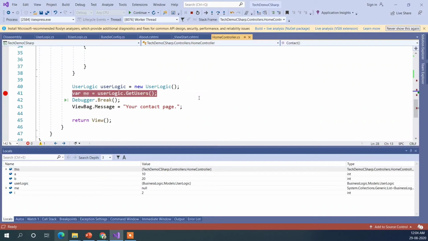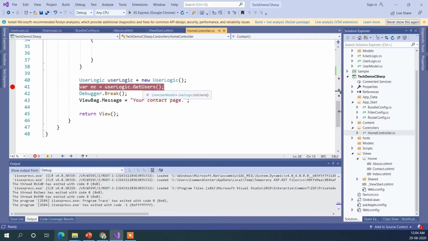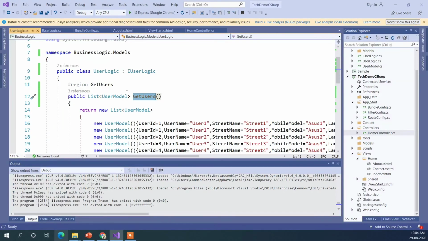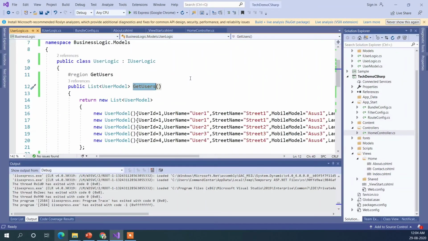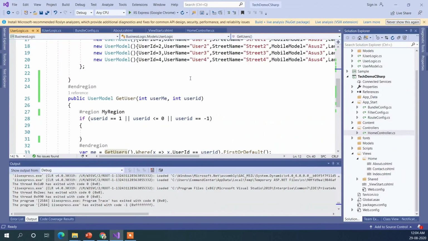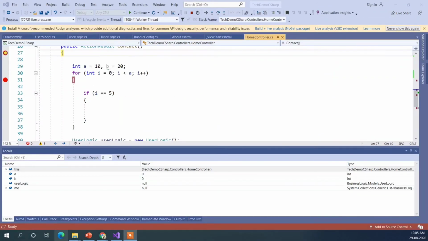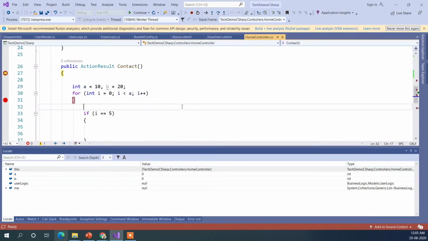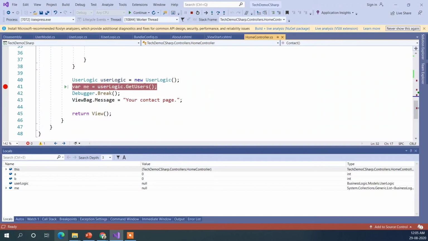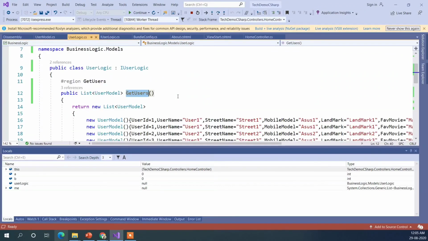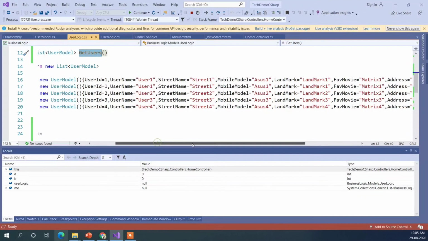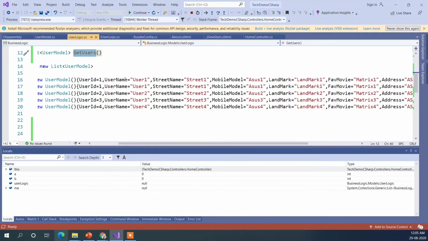So there is another thing which we might need to see. The last point we have is programming the debugger. So for example, I have this function. Inside that function, I am setting all those values of these properties.